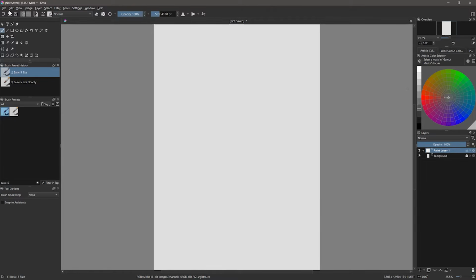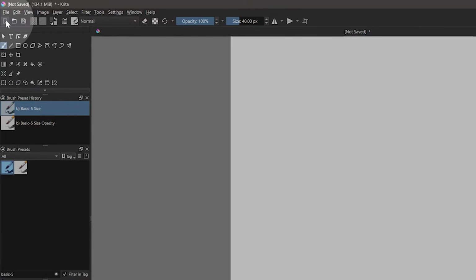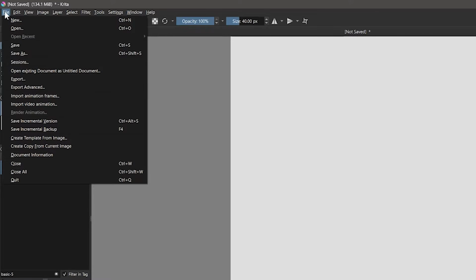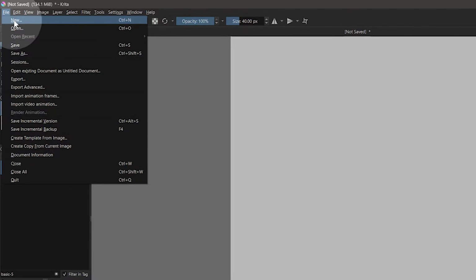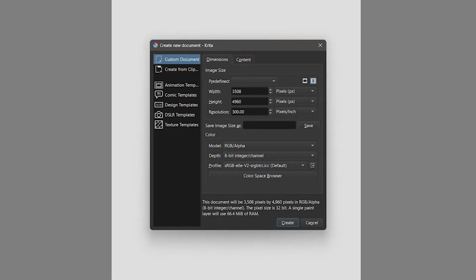Now that our tablet is working, we can create a new canvas. I can click on the New button in the Properties bar in the top left, or I can go to File, New. Let's start by looking at the canvas dimensions. This defines how large and what shape the canvas will be. There are a few key settings to consider when creating a new canvas. The width and height determine the size of the canvas, and the resolution determines the clarity and quality of the